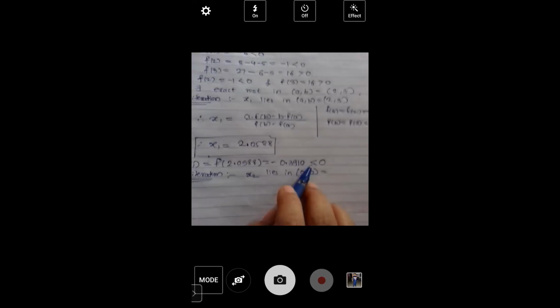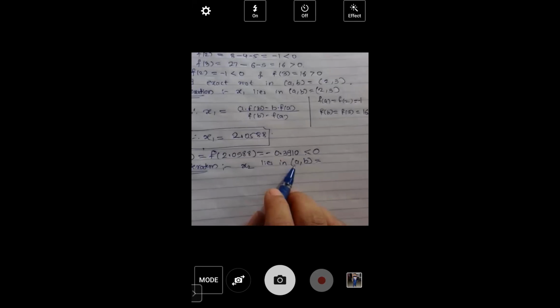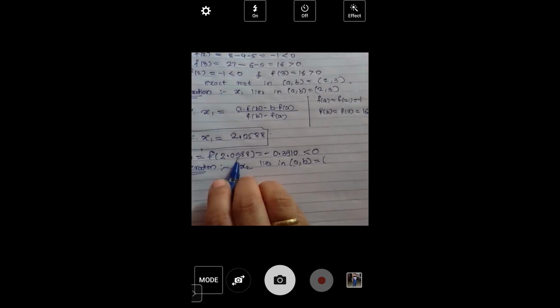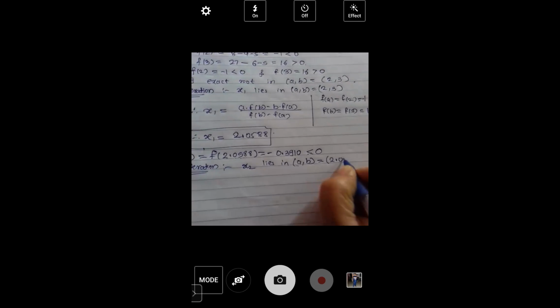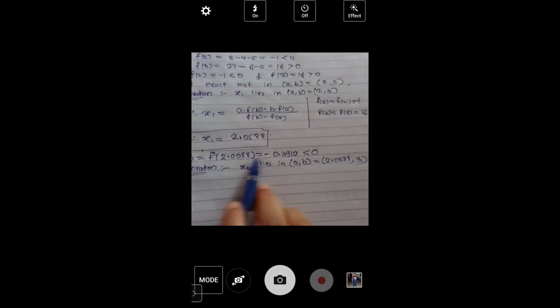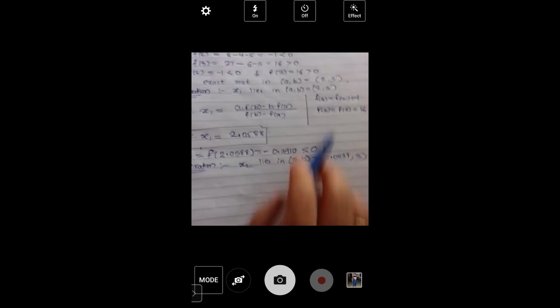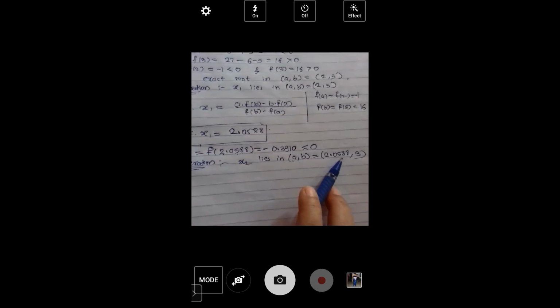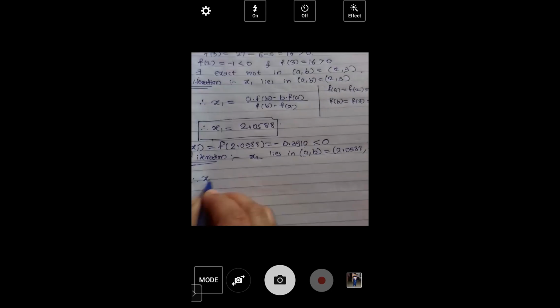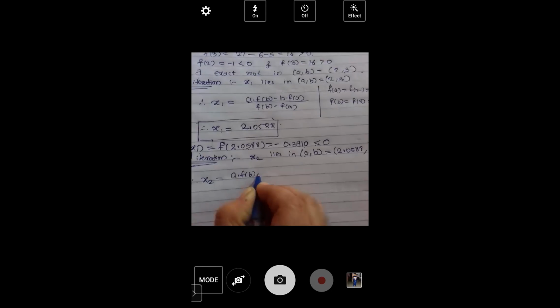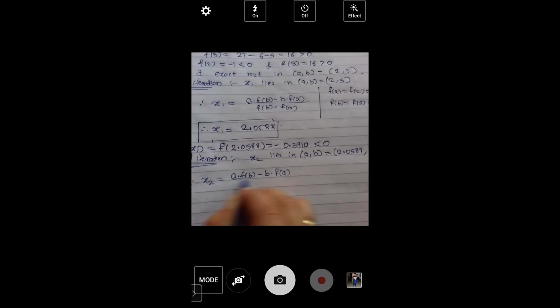So the value of a in the interval of x2 is definitely 2.0588, and this b remains as it is. हे निगेटिव्ह आलेला आहे फंक्शनची व्हॅल्यू, त्यामुळे a रिप्लेस केला. 2 कशाने रिप्लेस केला? 2.0588. ठीक आहे. सो नाउ कॅल्क्युलेट x2. x2 is equal to a into f of b minus b into f of a divided by f